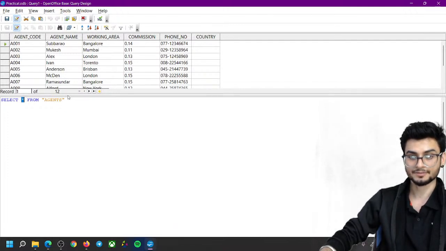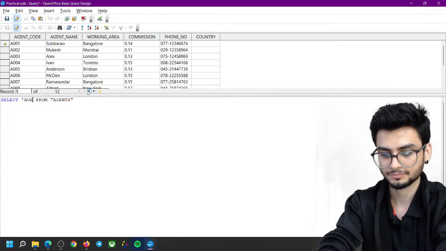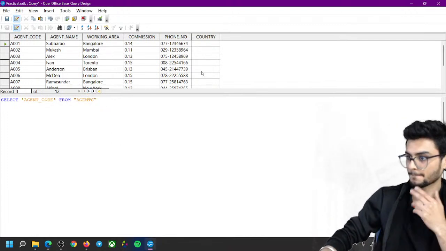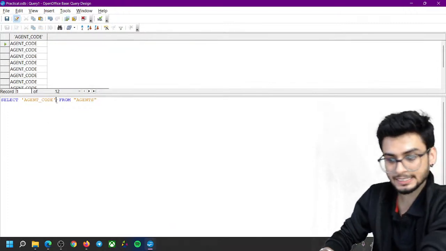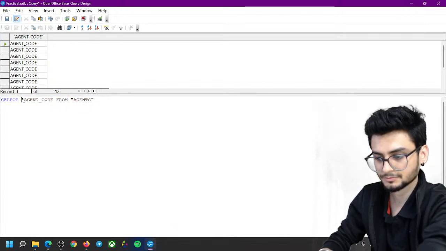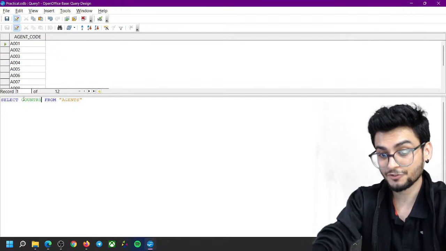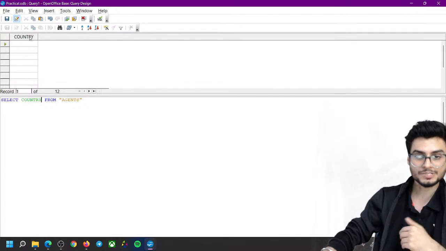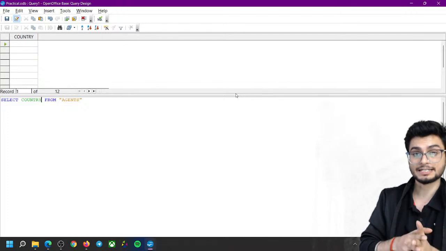Now instead of star, if I write, for example, agent code, can you tell me what will be displayed over here? If I run this like this, I will be able to see agent code like this. ठीक है, अगर आपको कोई और कॉलम डिस्प्ले करना है, for example country, but if you remember, country जो कॉलम था that was entirely empty, there was no data present inside of it, तो आपको सिर्फ सब खाली दिखेगा. Okay, so this was about looking at table, how you can see the data अगर आपको column wise sort